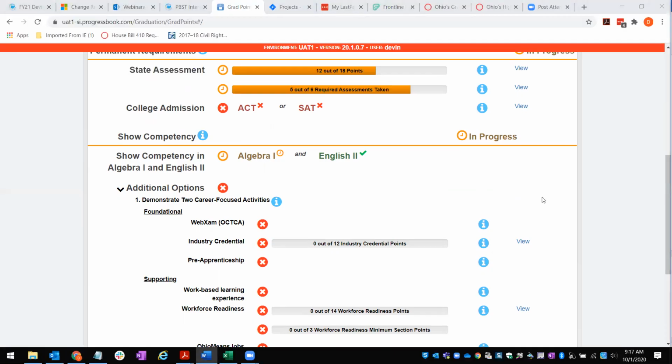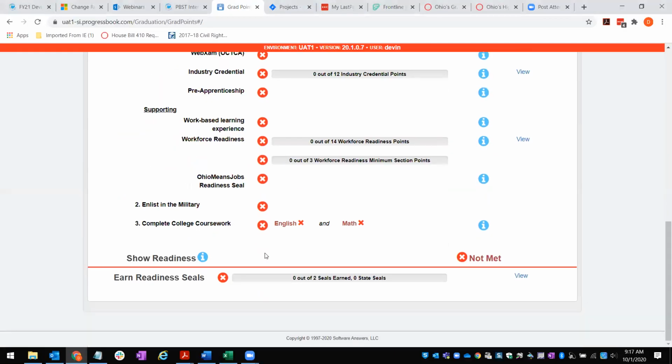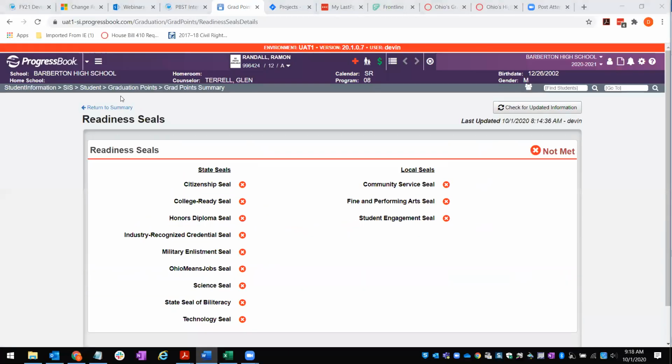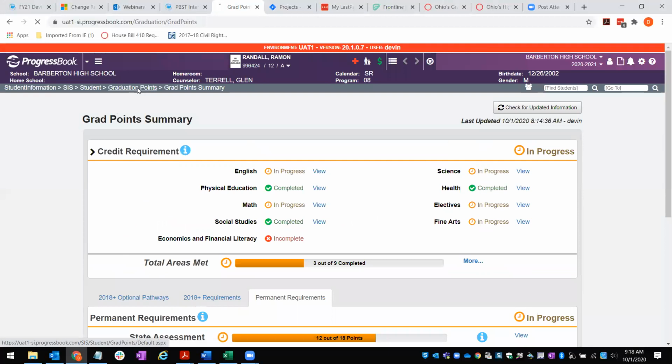Okay. And then the final thing in the permanent requirements is down here for seal readiness. You can see this student has earned 0 out of 2 seals. If we view the details, there's nothing going to be listed in there for him because he does not have any of those seal requirements checked yet. In order to do that, these are all marked on the student exemptions and requirements page. So if we go back to graduation points in the breadcrumb trail,